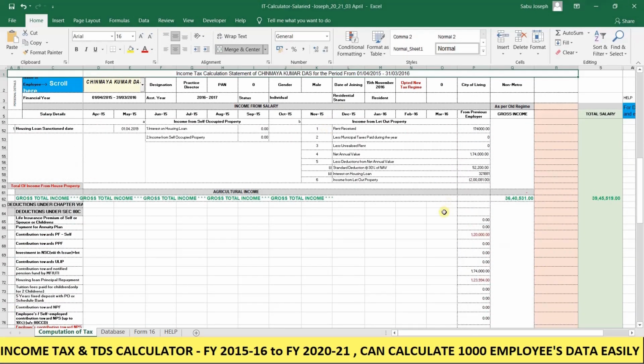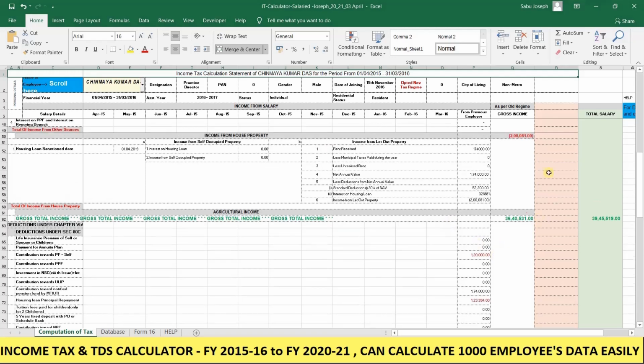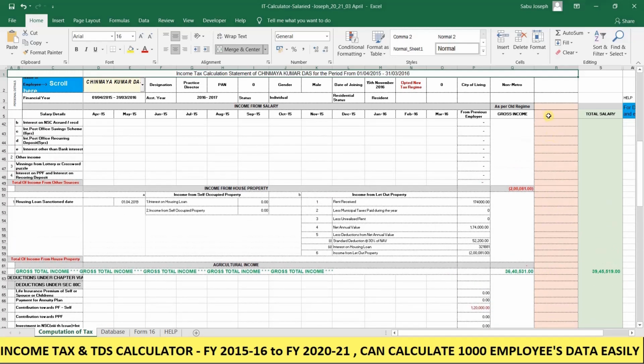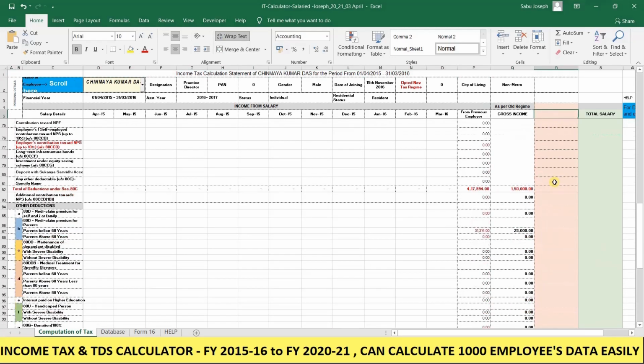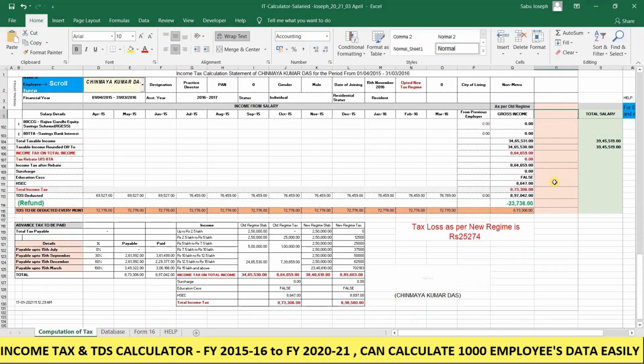Now we selected the 15-16 financial year. Now you can see the income tax as per the new regime has vanished from our sheet. The tax liability for that financial year is coming to